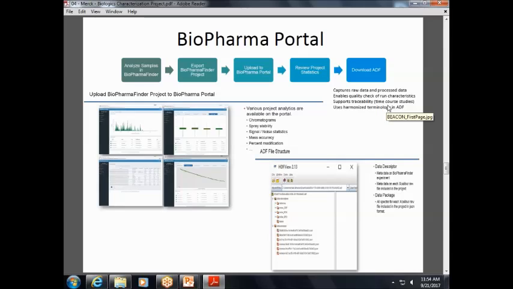So Michael from Thermo helped us create this Biopharma Portal. With this portal, it's a web-based viewer where you upload your search results from that software, and you are able to download an ADF in a matter of minutes. And the data, the search results, the ADF, everything is housed in that portal, and you can